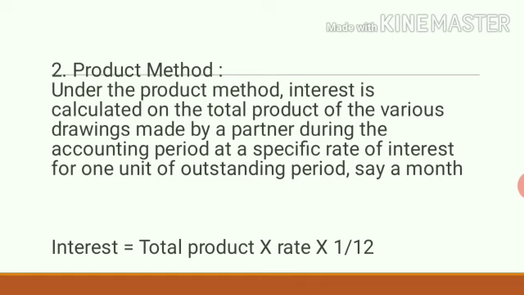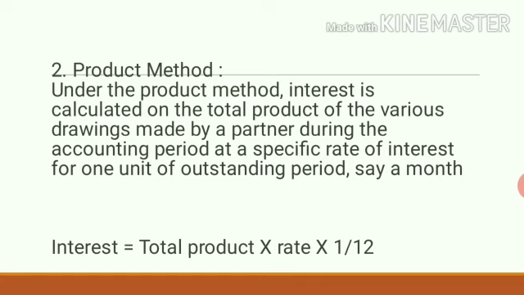Under this method, interest is calculated on the total product of the various drawings made by the partner during the accounting period at a specific rate of interest for 1 unit of outstanding period, say a month. Now, what do you mean by this? If you take the previous slide, that is under direct method, only one amount will be provided, given to calculate, whereas under product method, the different time span will be given where a partner has withdrawn the amount in